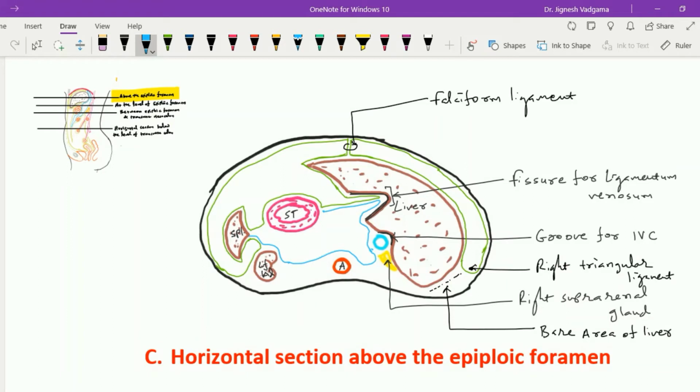reach up to the posterior lip of the spleen, and reflected on itself to form the posterior layer of the gastrosplenic ligament and going to cover the posterior surface of the stomach to continue as the lesser omentum. So this structure within this bluish area is the lesser sac portion, while the structure within this greenish layer is the greater sac structure.